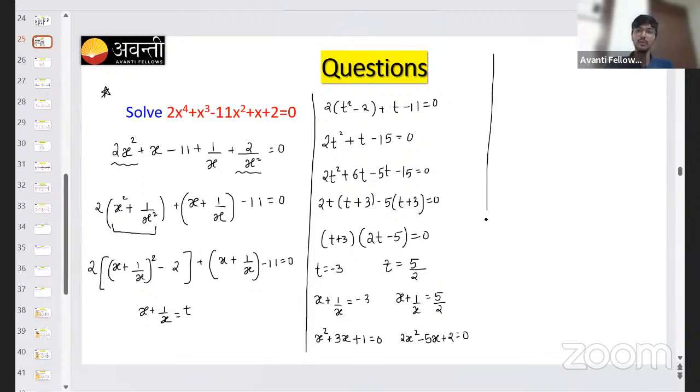So basically I got two quadratics again. So I need to solve these also now. Got it? So let's solve. What I'll get is